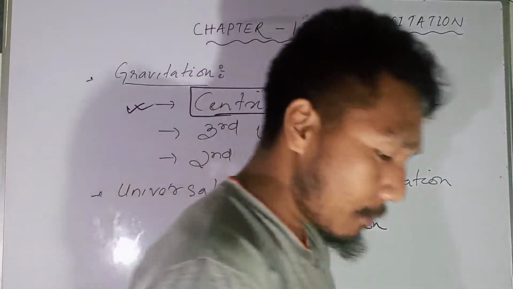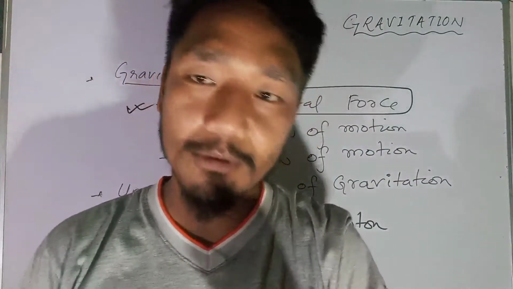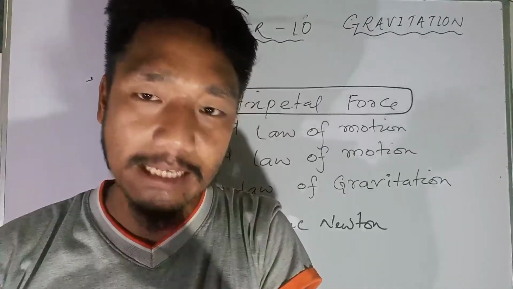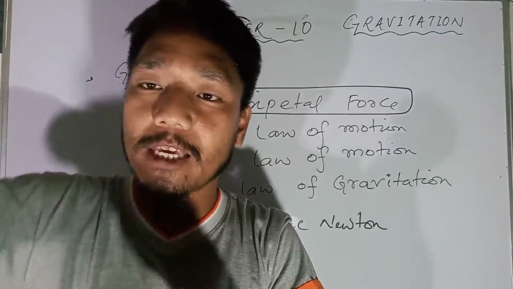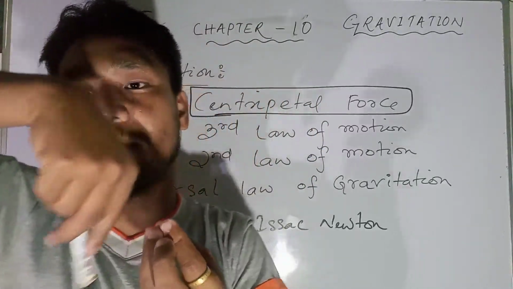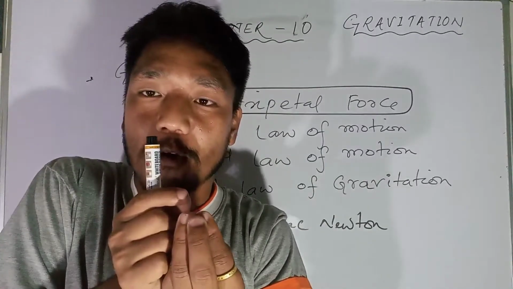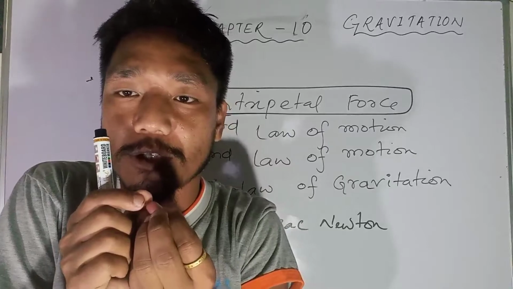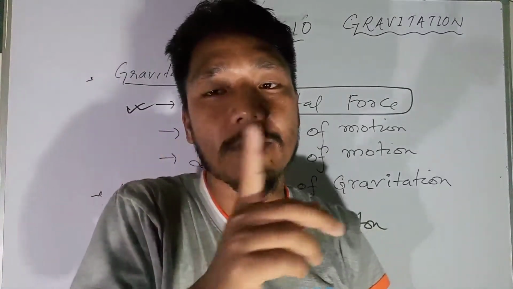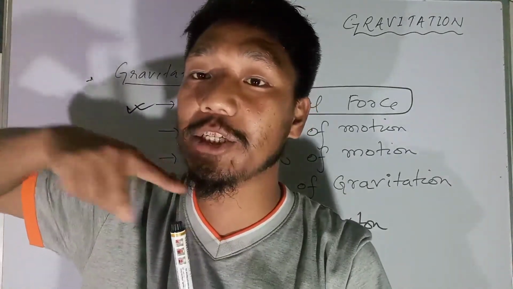Let's make it more understandable. What does it mean? The centripetal force is the force that causes an acceleration, and the object keeps moving in a circle. The object keeps moving in a circle because of what we call the centripetal force. If the rope is released by me, that means the stone is going to move on a straight line, tangential to the circle.